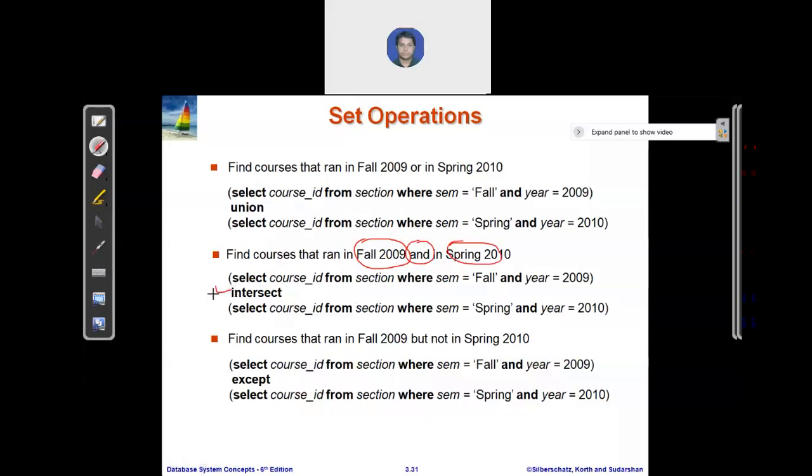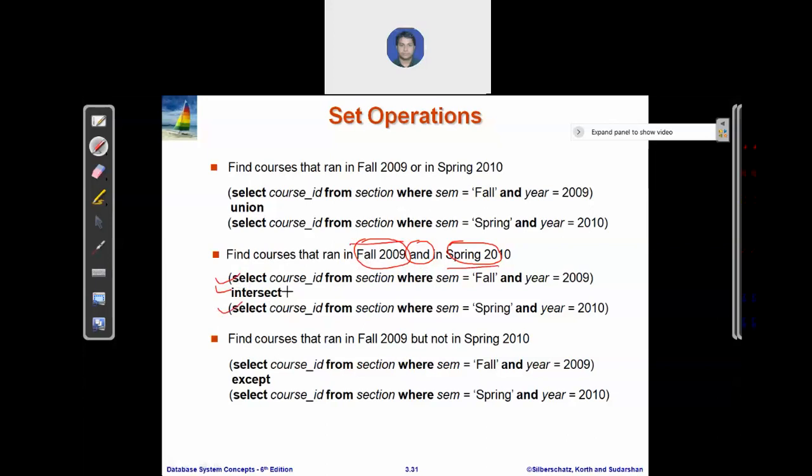Intersect returns all the data items which are present in both relations or both sets. As you know, the property of intersect is that it returns common data items, meaning present in both queries.